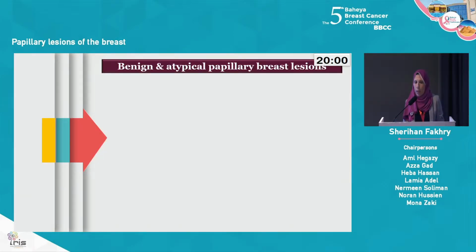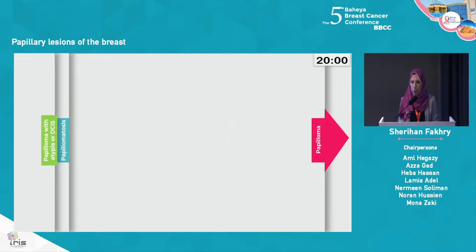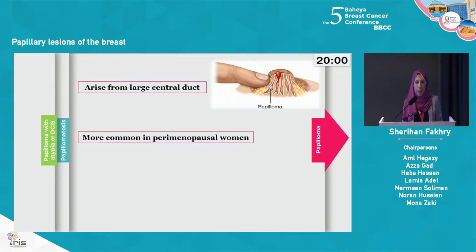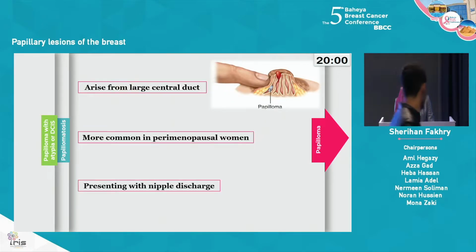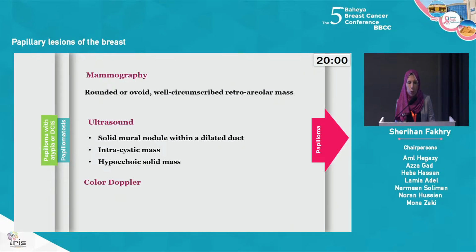So starting with benign and atypical papillary breast lesions, first, intraductal papilloma. They arise from large central ducts, and they are more common in perimenopausal women. Usually they present with pathological nipple discharge. They may be seen in mammography as a rounded or ovoid, well-circumscribed retroareolar mass, by ultrasound as a solid mural nodule within a dilated duct or intracystic mass or hypoechoic solid mass, and color Doppler may reveal a vascular pedicle within the